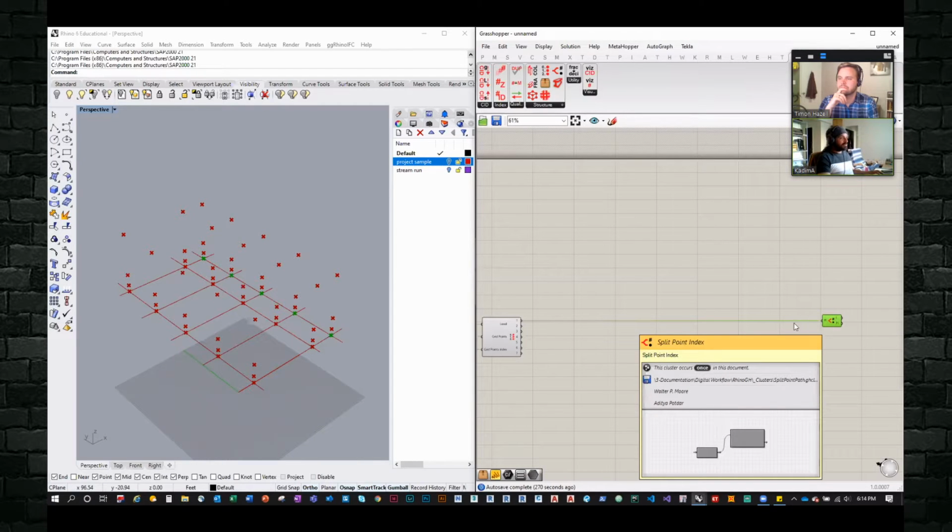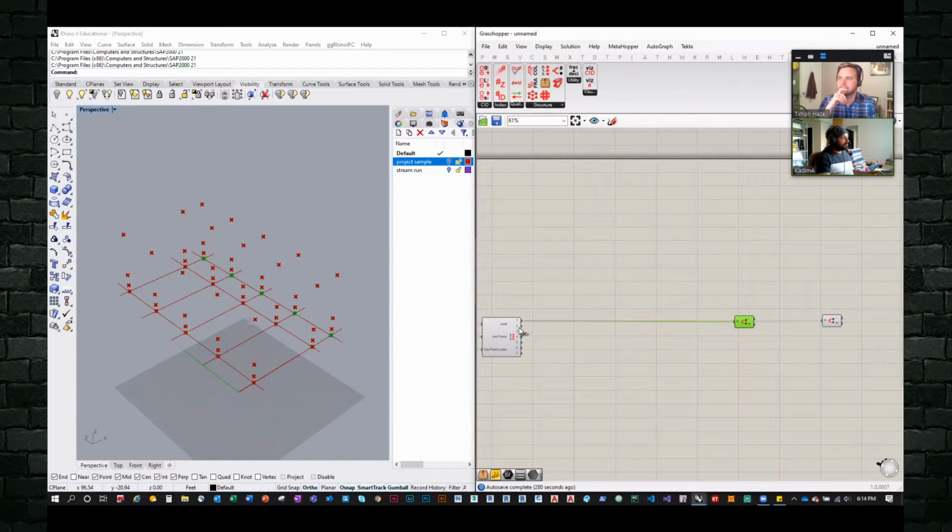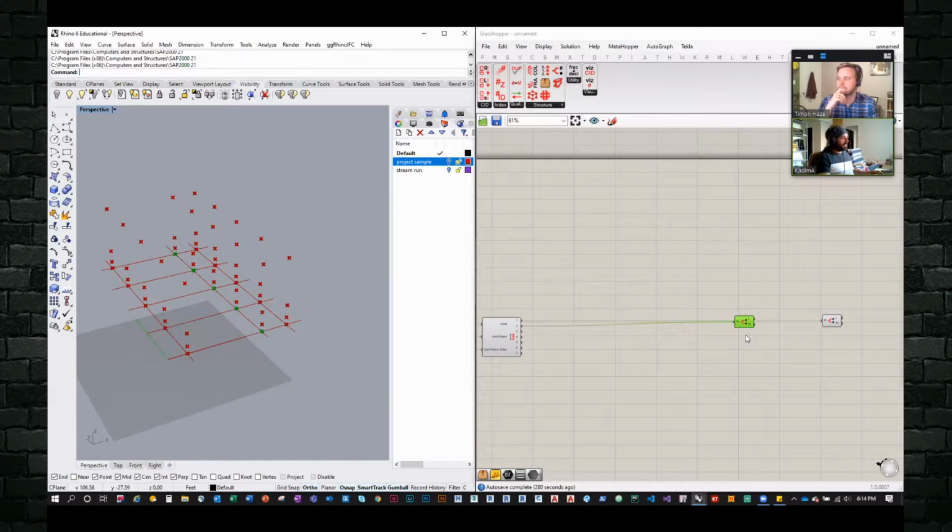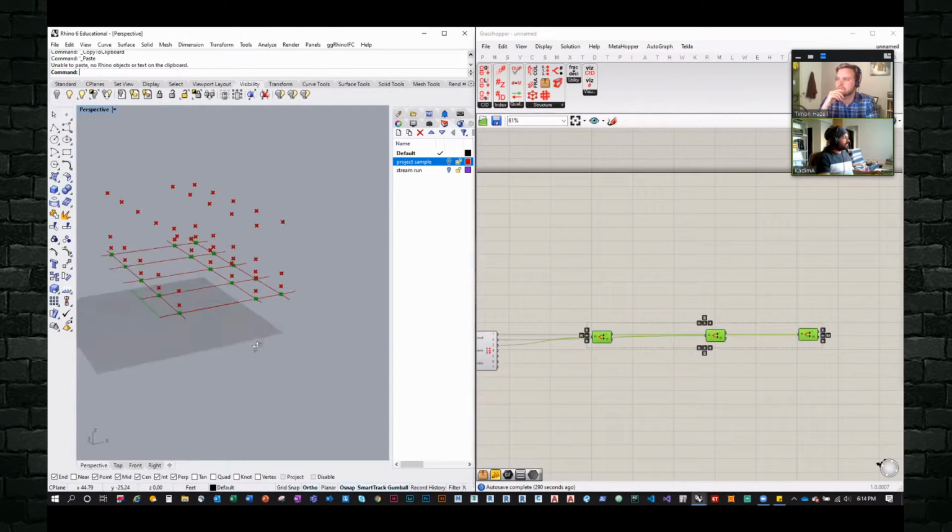So now I want to separate this and plug it so that I can get the 3 different parts, the 3 different columns.